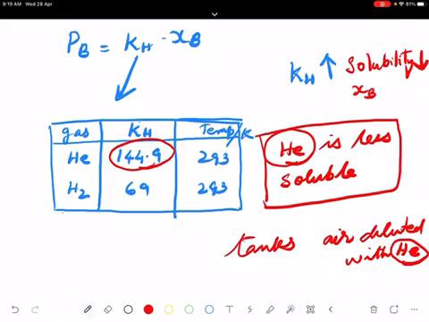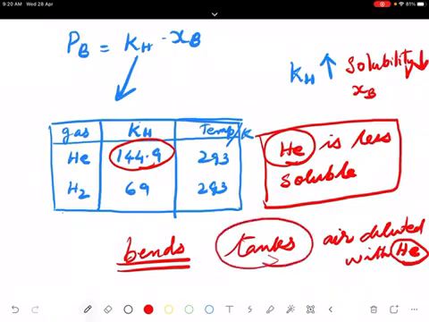And when the scuba diver comes up, the dissolved nitrogen will come out from the blood in the form of bubbles, and these bubbles will remain at the joints of bones and give immense, severe pain. That pain is called bends. To avoid bends, that is, blocking of capillaries by these bubbles, as well as the toxic effect of high concentration of nitrogen in blood,